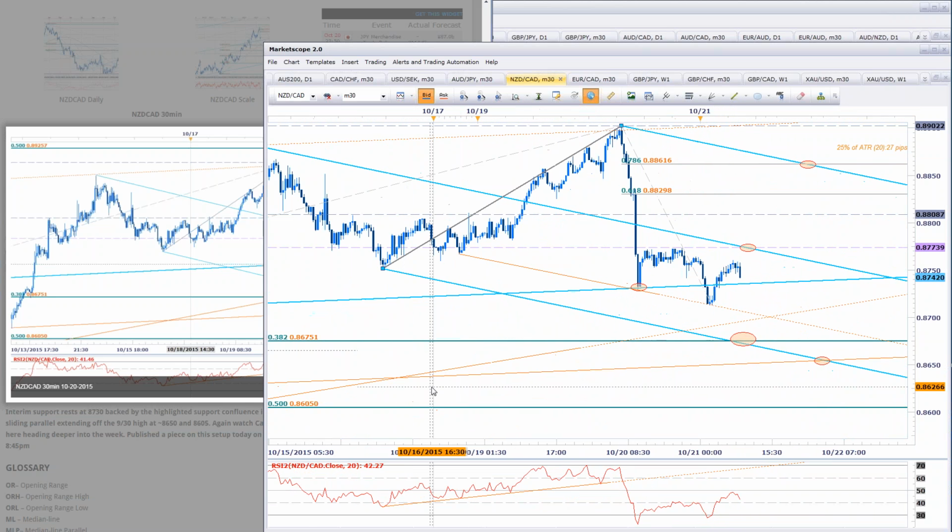So Kiwi CAD, another one that seems to be playing pretty well. Kiwi moving to the downside. If dollar CAD breaks down, that's CAD strength. You can really see this start to pick up if we break this support. So it's one of those trades where it's really tempting a very important break. And Kiwi CAD had the biggest range yesterday, guys, because Kiwi was one of the weakest and CAD was one of the strongest. So on that move, if you see a really wicked reaction today where the CAD kind of loses a lot of strength, then all of a sudden traders fade it, this would be a beautiful position I would love to get involved in.